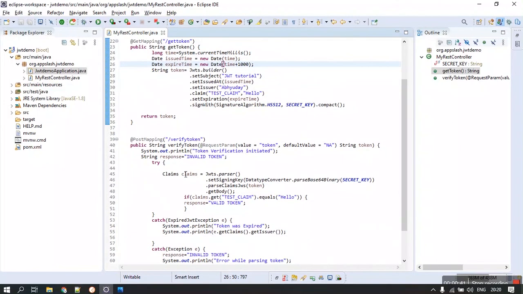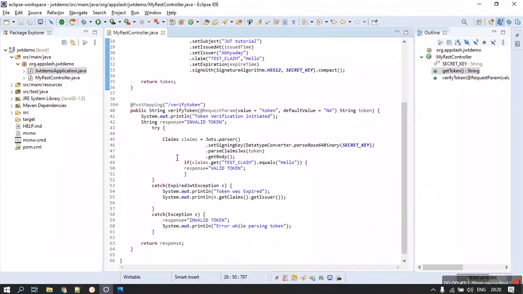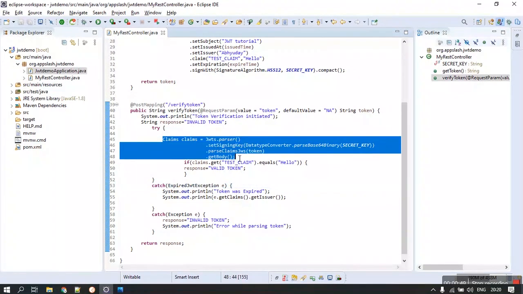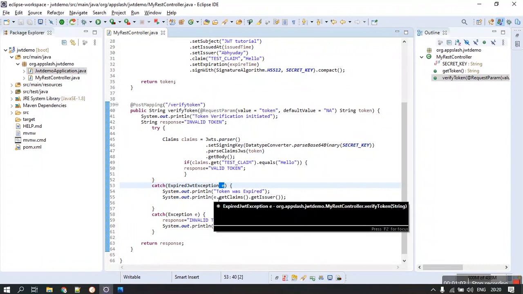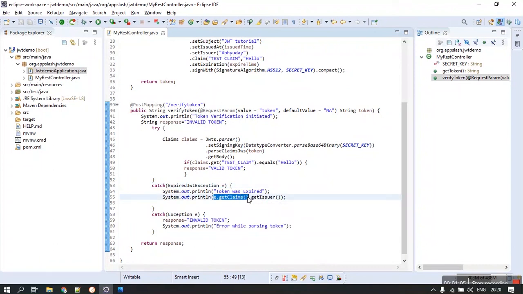So the very same token, when verified, will throw an expired JWT exception, because expired JWTs also throw an exception like an invalid JWT. However, if you want to parse that JWT, or get the claims of that JWT, you can use the exception variable, that is e, and use the method getClaims, which will get you all the claims, and you can specifically get the issuer.